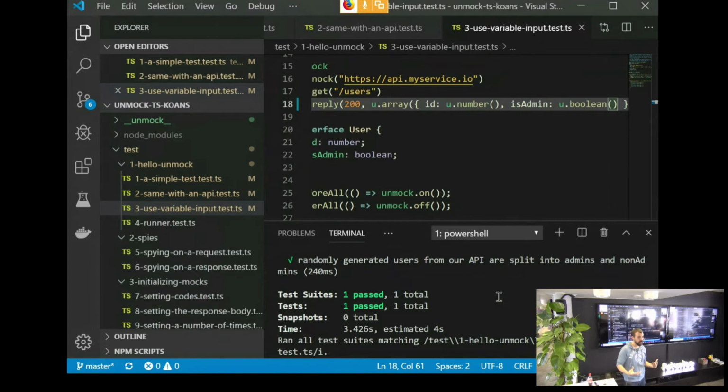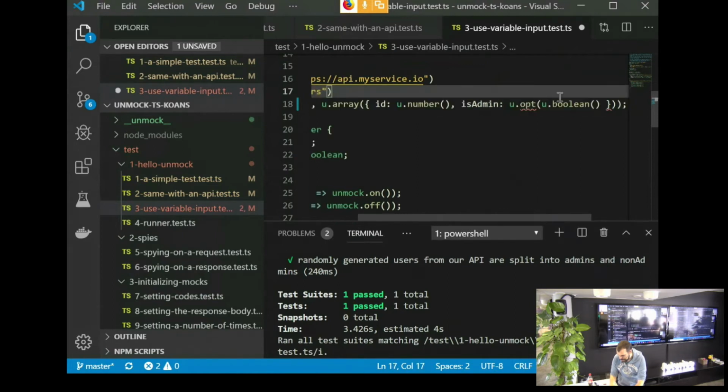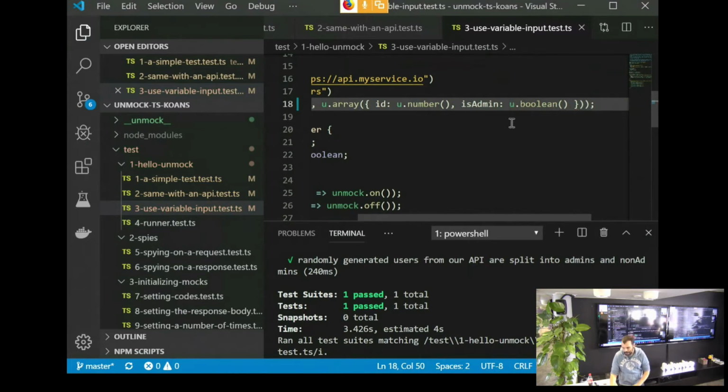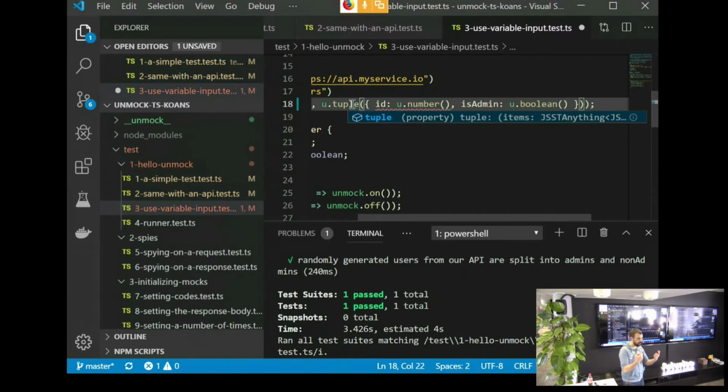So Unmock has a rich suite of tools that mirrors something called JSON Schema, which is also used in OpenAPI, although it's not a direct subset, unfortunately. So this combines the best of both worlds and uses both. So you can create an array, you can create a list, you can create an optional parameter. So if we didn't know if isAdmin was already going to exist, we could put u.opt isAdmin, although I didn't update Unmock, so it's getting the red line, but that exists in the API now. If we wanted a tuple instead, we could do u.tuple, and that would always return one thing instead of an